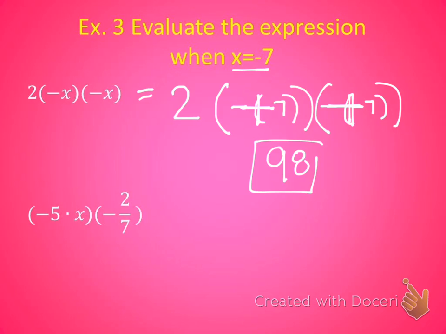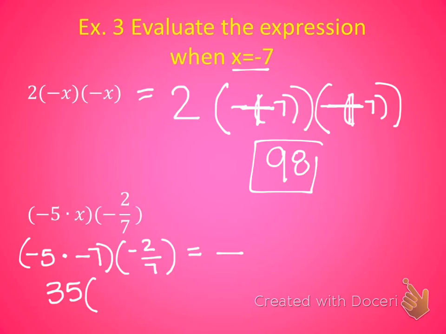All right, so let's look at this next problem. I've got to plug in my number, so I've got negative 5. What am I plugging in for x? Negative 7. Count up. How many negative signs do I have in this problem? Jocelyn? 3. So what is my answer going to be? Negative. Write that negative sign. You're done with it. You don't have to worry about it anymore. Now I just multiply. 5 times 7 is